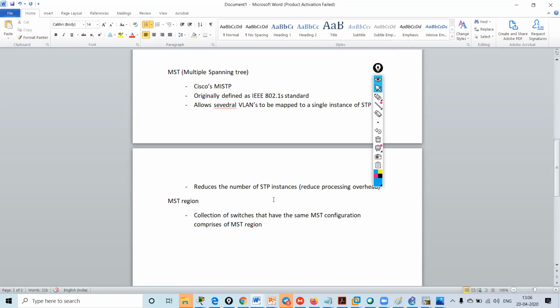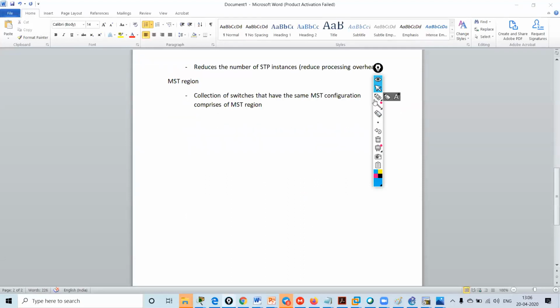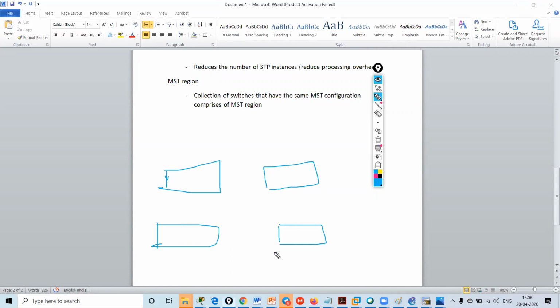See, suppose I'm having multiple switches: 1 switch, 2 switch, 3 switch, 4 switch.